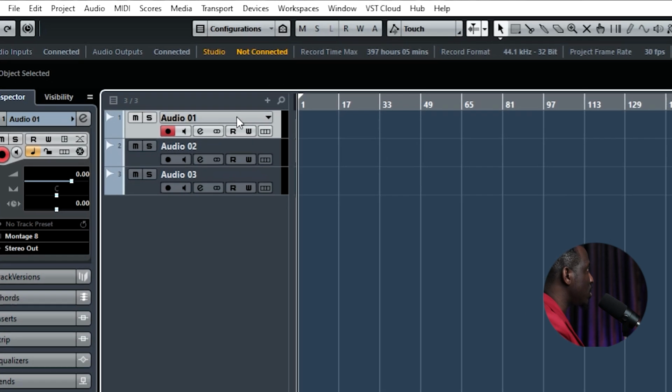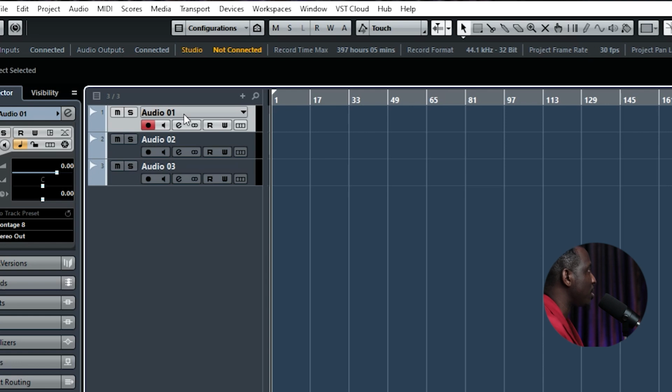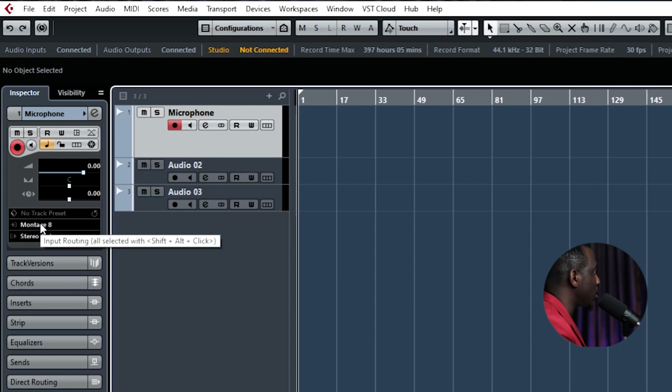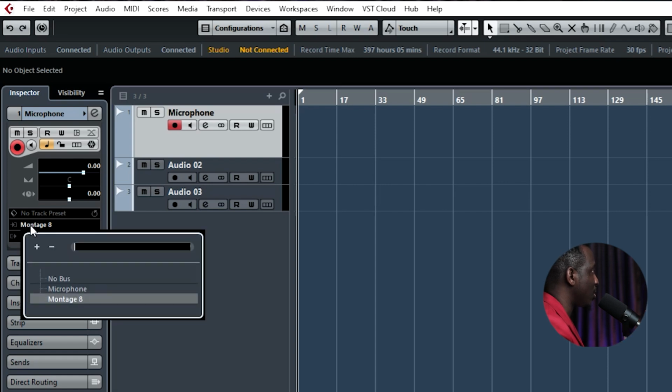For this audio one, this track, let's say we just want the microphone to be recorded on this track. So let's say microphone. You come to this input routing here. By default it's selecting montage 8 because we have just 2 inputs. So we can correct that. You can say no bus, and